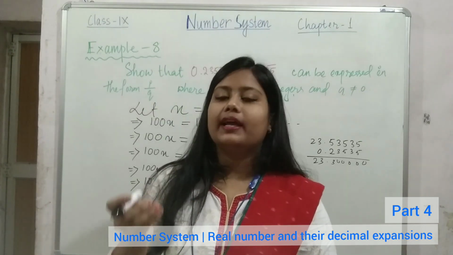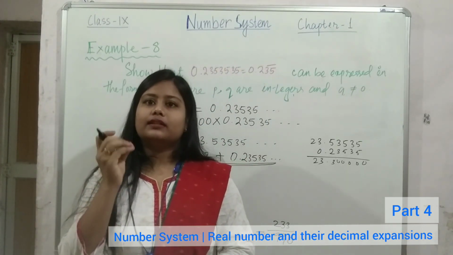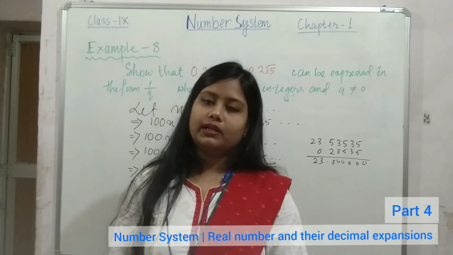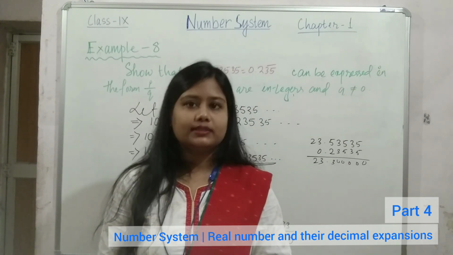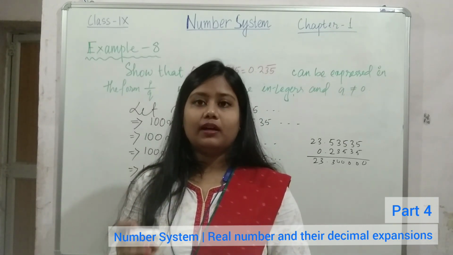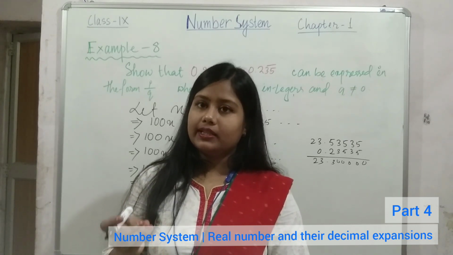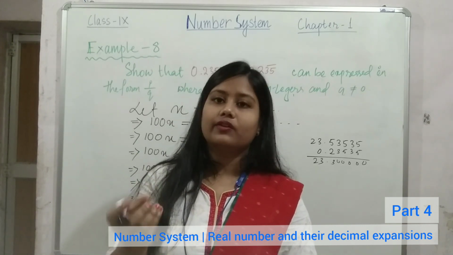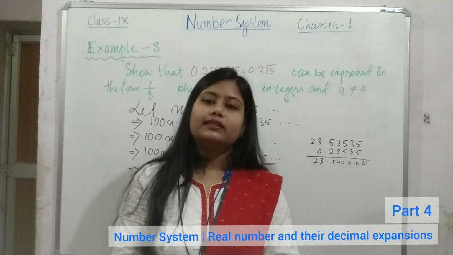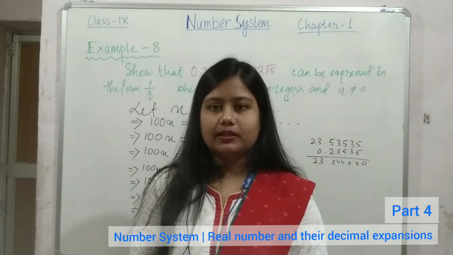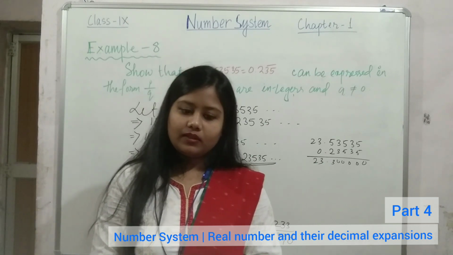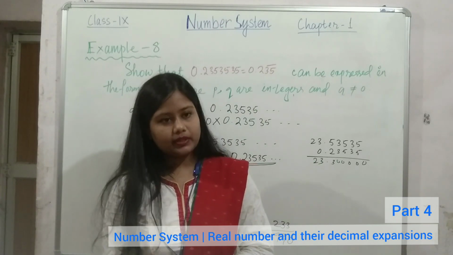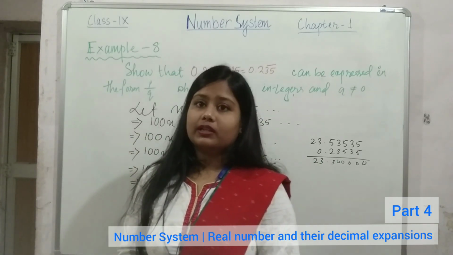So any decimal number that is non-terminating recurring or terminating, both kinds of decimal numbers can be converted into rational numbers. Both types of decimal numbers are rational numbers. But if any number is non-terminating and non-recurring, then it cannot be converted into a rational number. That will only be an irrational number. So any number that fulfills the criteria of a rational number will be a rational number.